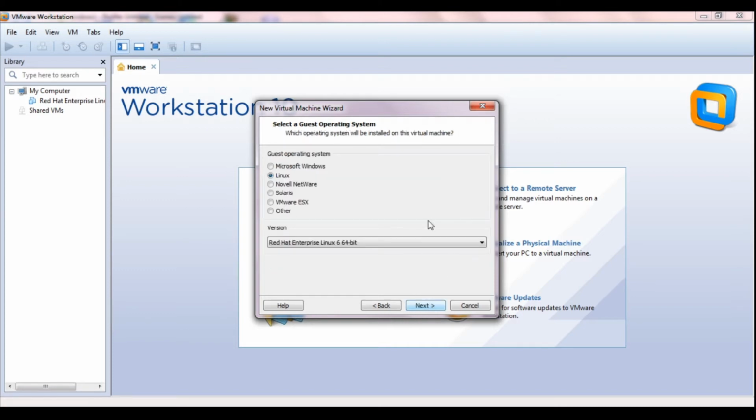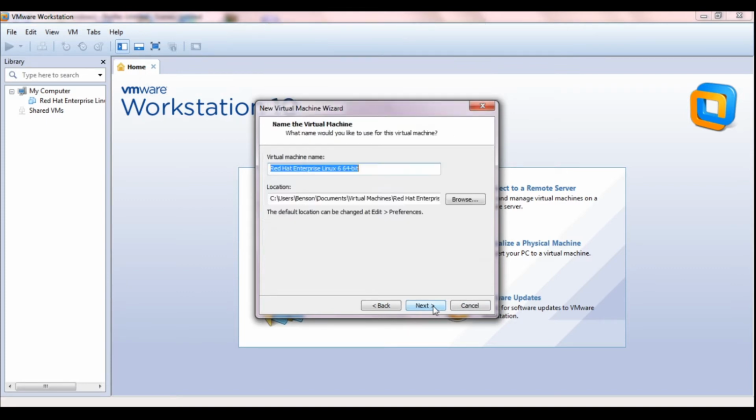Then click next. Here I have to specify my guest operating system. Since it's Linux, I'll choose Linux. And then I have to specify which version of Linux I am going to install. Mine is Red Hat Linux 64-bit, so I choose Red Hat Linux 64-bit, and then I can go for the next option. Here I have to define a name for the virtual machine. So I say Red Hat Linux 64-bit,